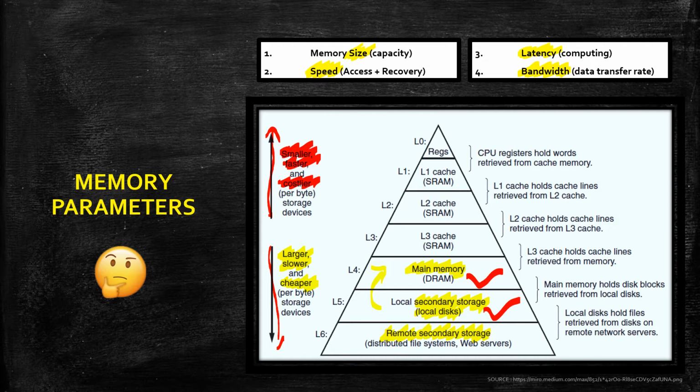So you have local disk, that is your hard disk, then you have RAM, then you have cache, and we have a total of three levels of cache, right? So L3, then L2, then L1, and the smallest component of memory is a register. We know that a register stores only 1 bit. So this is the memory hierarchy. These are the most important parameters for the memory: size, speed, latency and bandwidth. So now let's start with each parameter in detail.